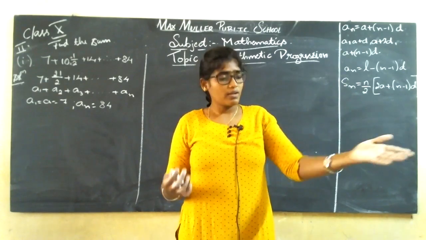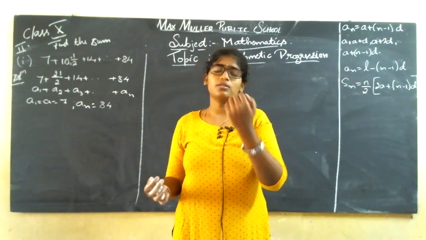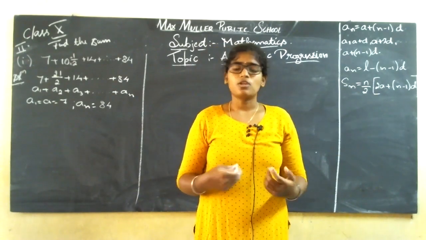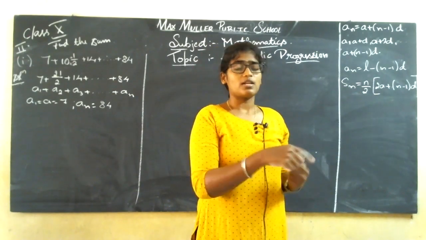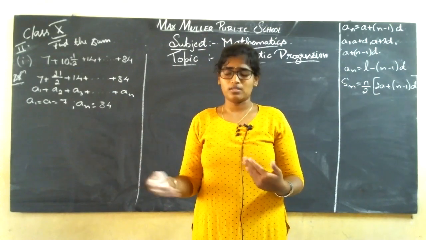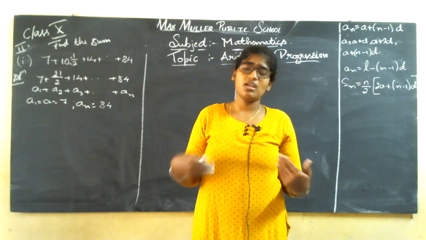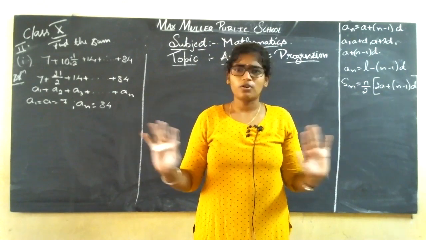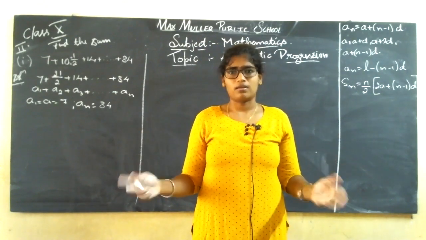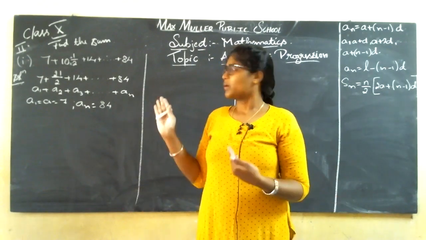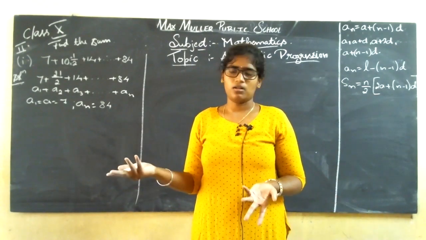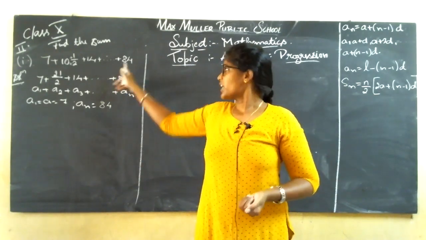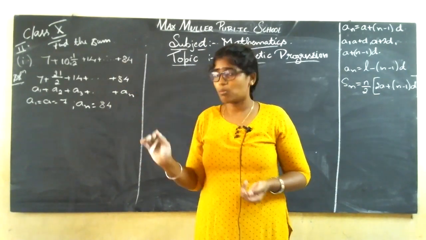You ask, should I find out for the whole one, or you will tell me some number of chocolates so that I'll take it and find it out. If I tell 10 chocolates, you will find the sum of 10 chocolates. If I tell 20 chocolates, you will find the sum for 20 chocolates. You need to find the sum, that's all. I do not know for how many terms you need to find. At that time, what are you going to do?